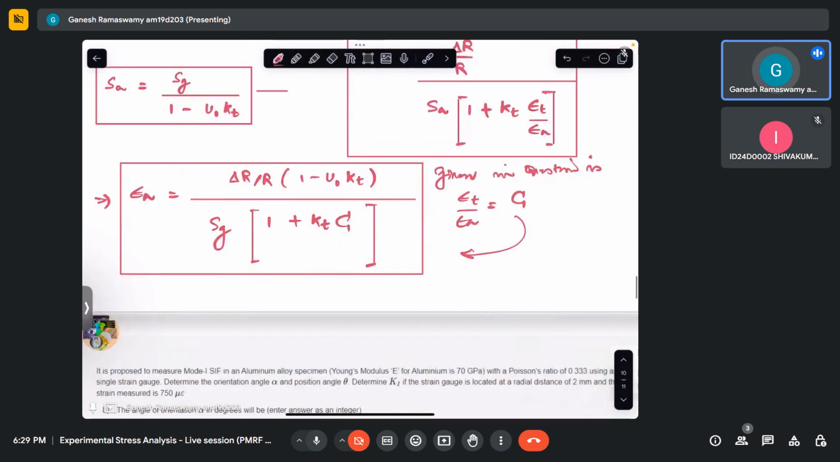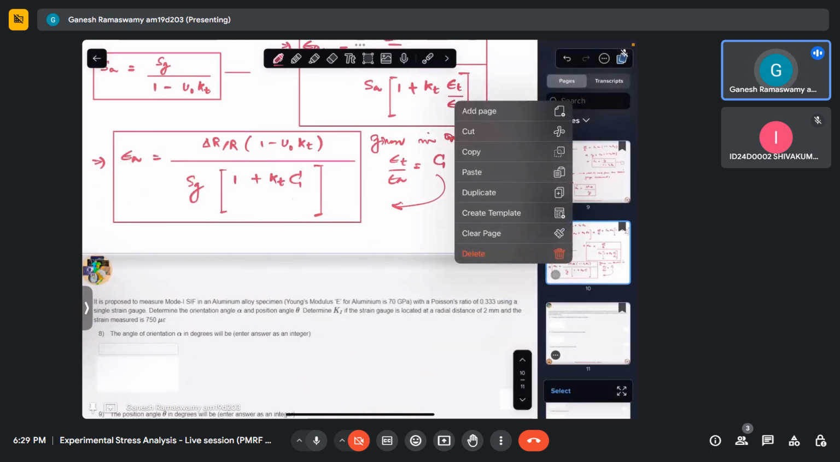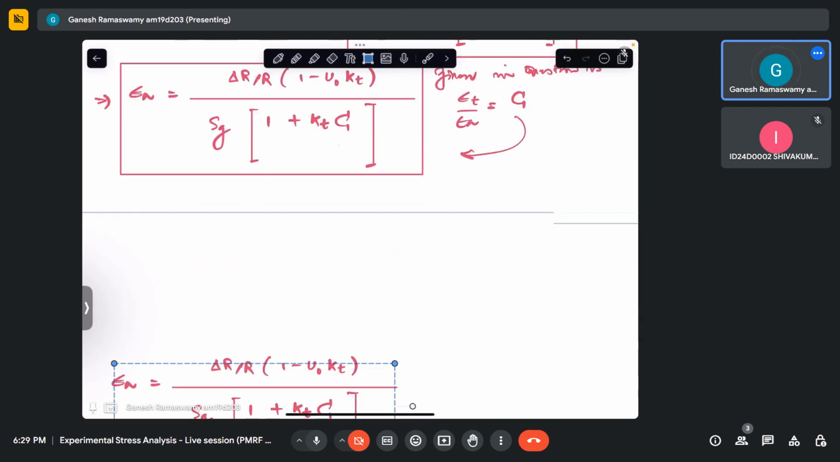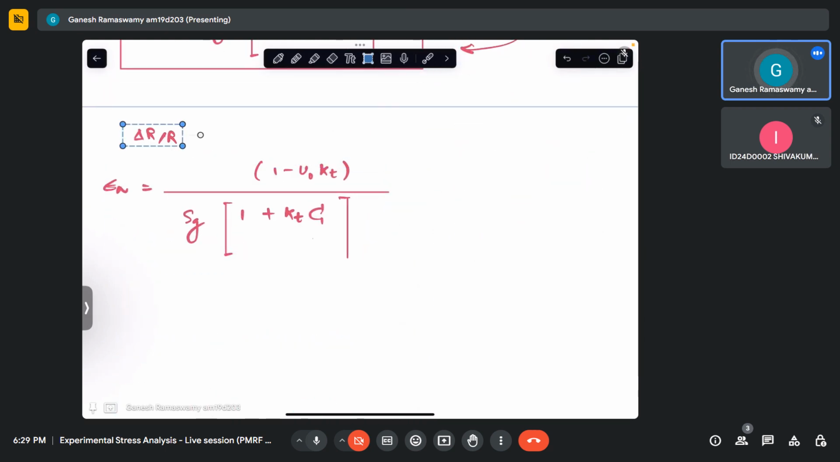Okay, so I have this expression, but actually the change in resistance is what is asked. So I'll just solve this one step further. I'll just cross multiply this. So I have this here, delta R by R is equal to,